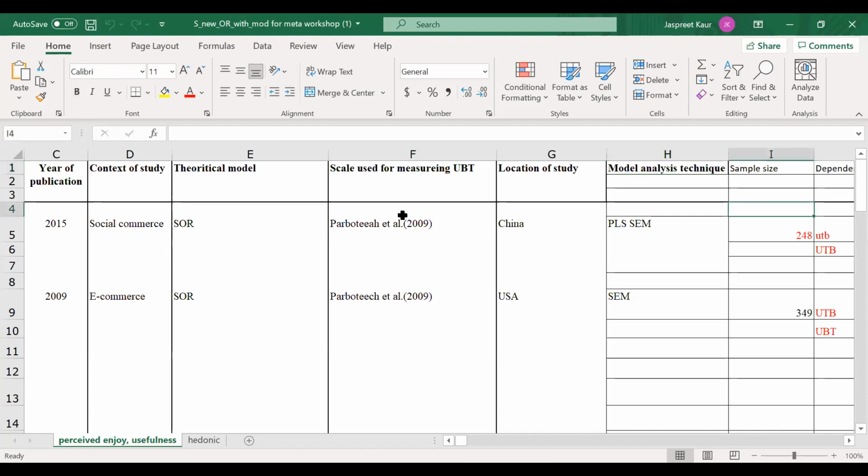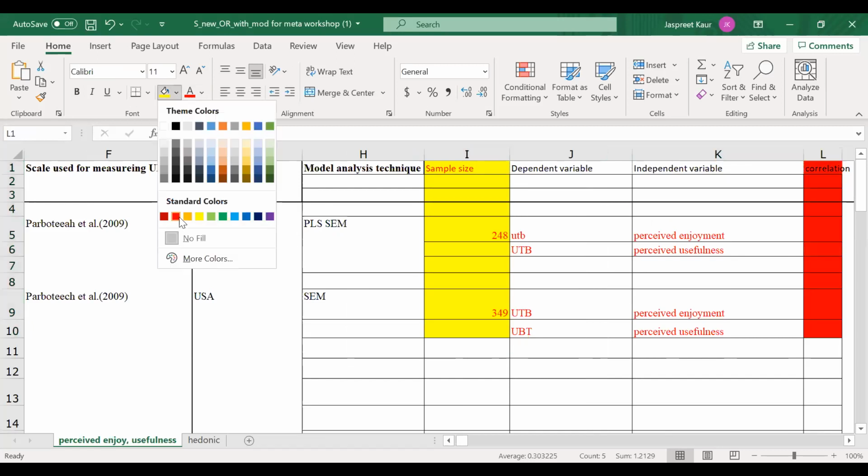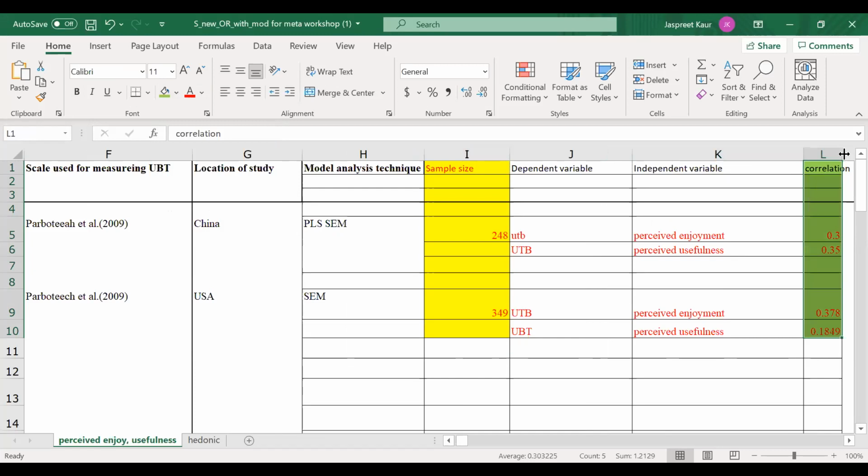And the value which I'll use for meta-analysis calculation will be 2 values. One is sample size of the paper. This is going to be used. And the second mathematical value which I need is the correlation value. So these 2 columns are going to be used for calculations.